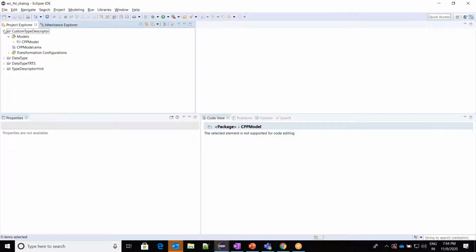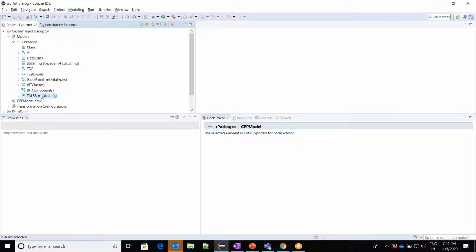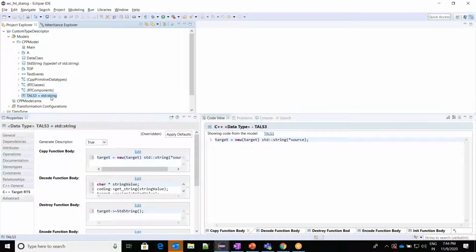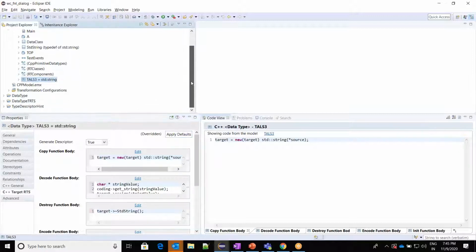As you see here, we have one project, custom type descriptor, and inside this we have a type alias TLS3, which is of type std string. In the C++ target RTist, we have generate descriptor marked as true, and a set of function bodies written by the user. If you mark generate descriptor as true, it will automatically generate default type descriptors. But as we have written our own function bodies, this will override the code generated by the model compiler. Now let's start